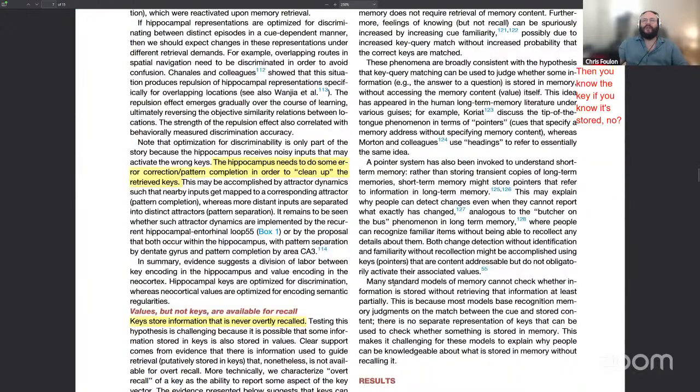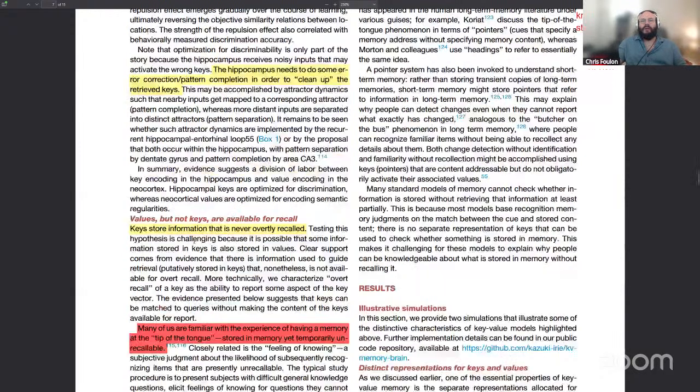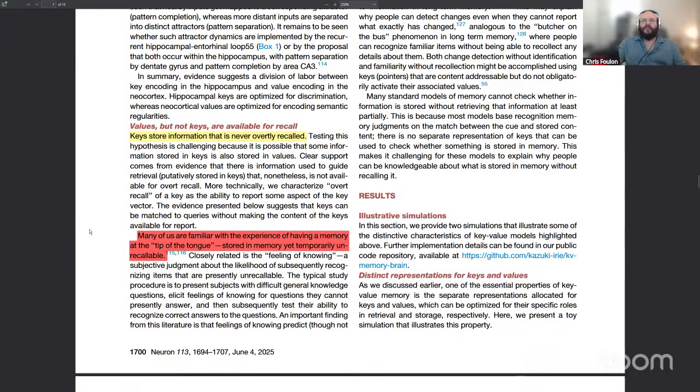I think they are going a little bit too deep in the match between computer science architecture and what we know of the brain, because we actually don't know that much detail on how things are encoded in the brain. Yeah, they also say that the hippocampus needs to do some cleanup in order to retrieve the keys, which I don't really know what that means. Maybe I'm stupid. Maybe I didn't understand